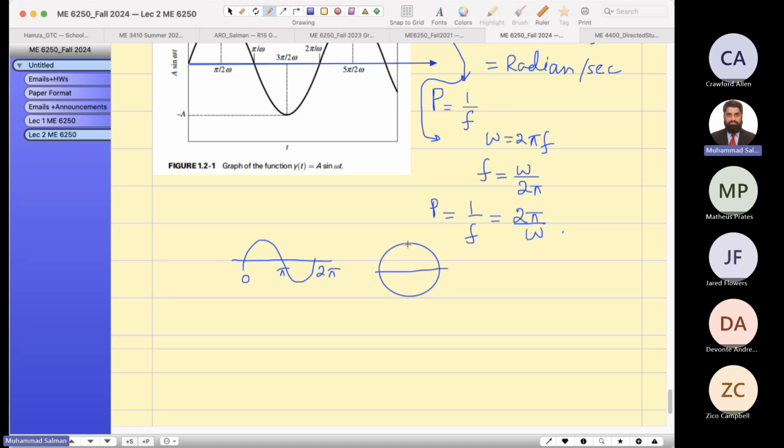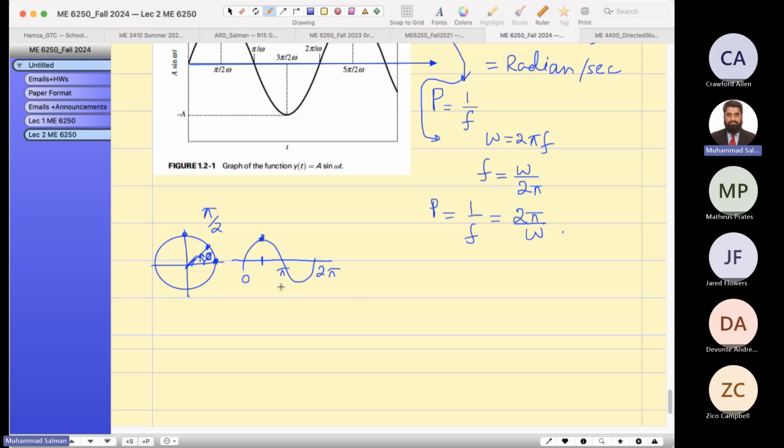If I draw a circle, and the point is marked here, the point starts going up. This is what we call the phase angle. I should redraw it here, in order to match this over here. Now this is our phase angle, and the point is here, over here, pi by 2 radians. So the maximum amplitude is over here.